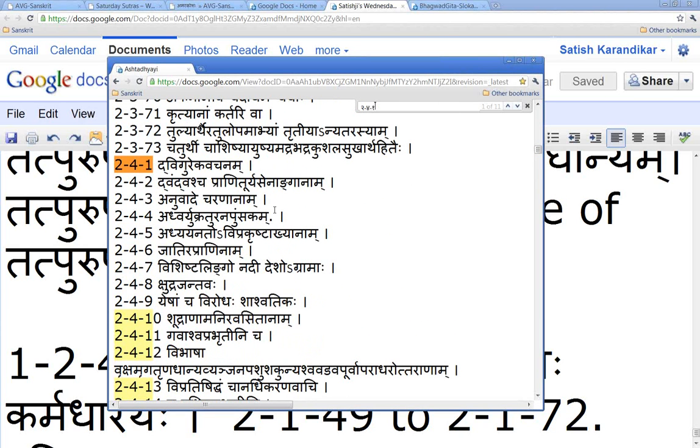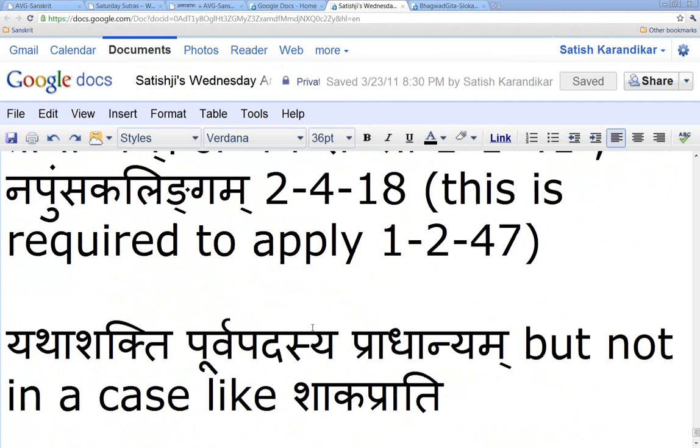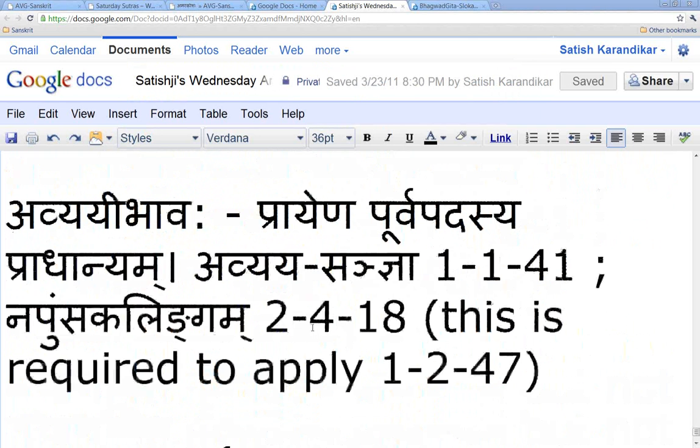There also can be a case with dvandva samasa where the two padas don't have pradhanyam. In fact, the entire group has pradhanyam. These are all exceptional, special cases. I already gave the example in avyayibhava, like shakaprati, which means kinchit shakam, a small amount. So now the prati has taken pradhanyam. There is a small amount.